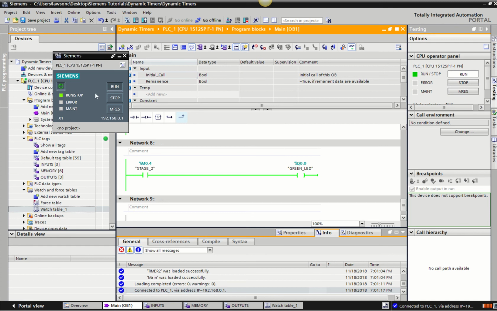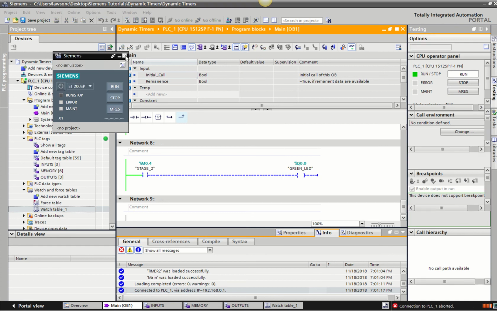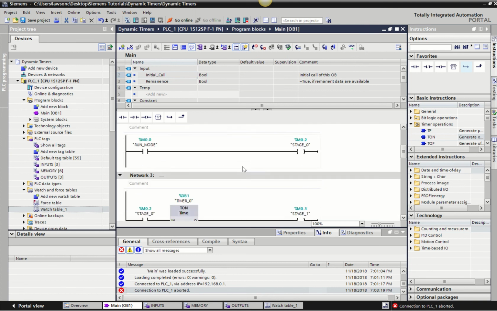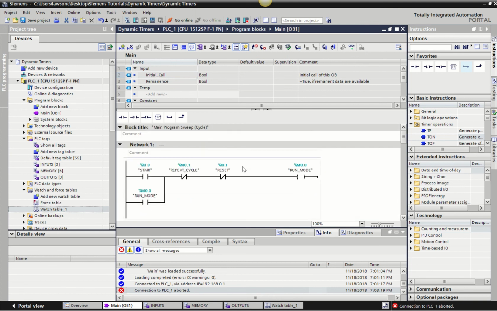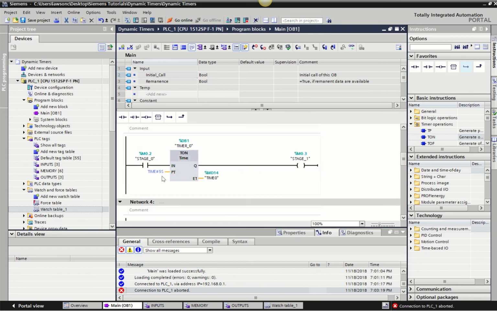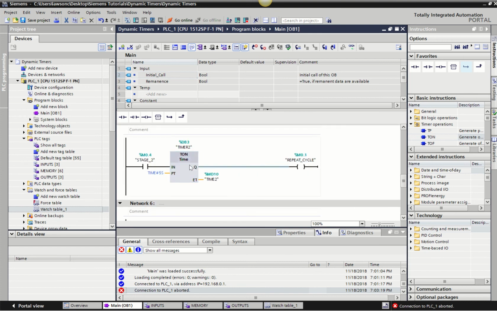So what I'm going to do, just go out of simulation, go offline. We're happy enough with that. Right now what I want to do is make my timers a bit more dynamic, because at the moment this is a 5-second timer, this is a 5-second timer, and this is a 5-second timer. And once we run the cycle and turn on the PLC and run it, there's no change. They're always going to be 5-second timers, and there are no circumstances during the program